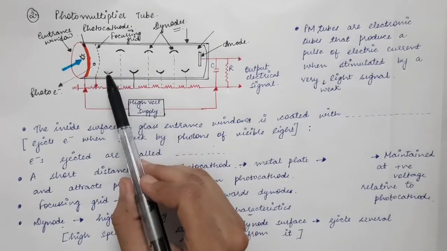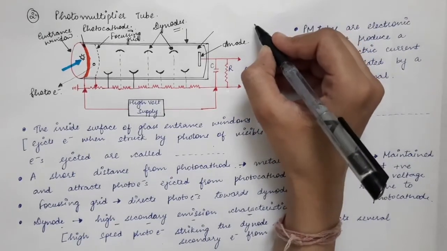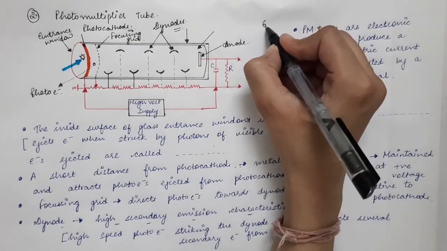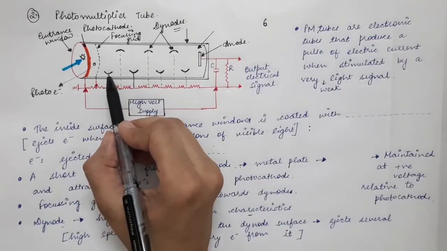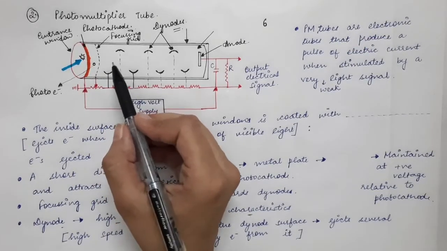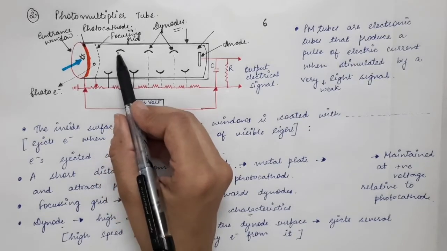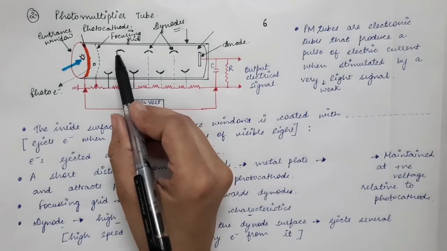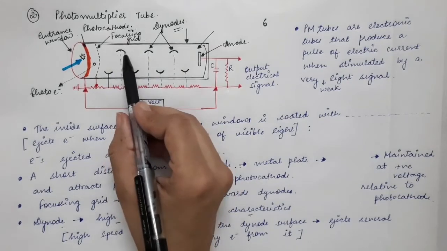Let's say, just for example, that the multiplication factor of each diode on average is equal to 6. The multiplication factor is equal to 6 means when one electron falls on a diode, in return 6 electrons are emitted. So if from this diode 6 electrons are emitted, now these 6 electrons will fall on the second diode, and you can calculate that even larger number of electrons would be emitted from the second diode.